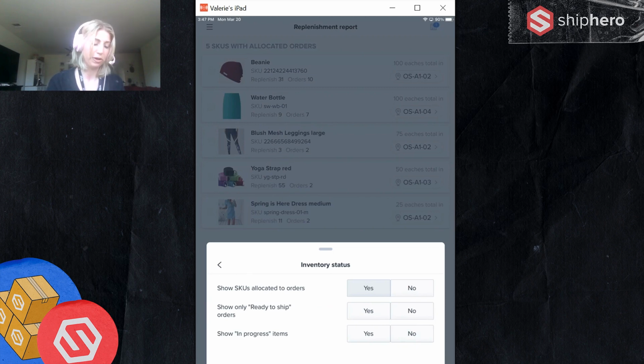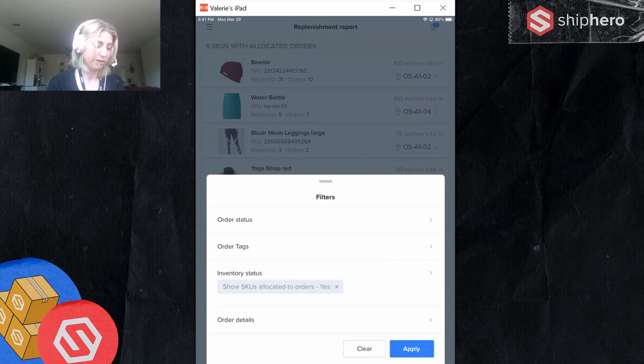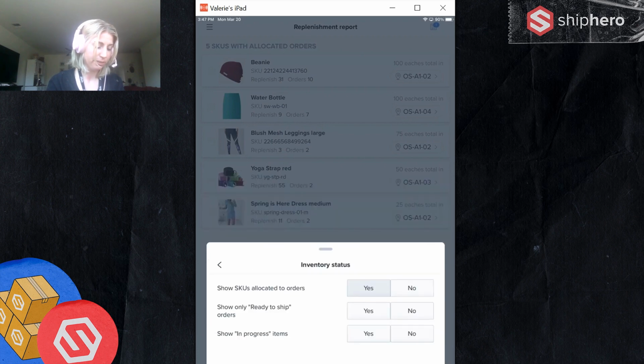Those are not as important because they can't ship yet, as well as things that are in progress. The in progress filter is a new filter, which is very cool. As you can see, I'm looking at the report, but say Dano is going to help me with my replenishments. He's going to log on to the same account, same report. He'll be able to see the items that I choose and start replenishing. Those will show as in progress, so he knows not to choose those. There'll be an in progress status on them. So he can work off the same list and choose different items. So that's what the in progress filter is.